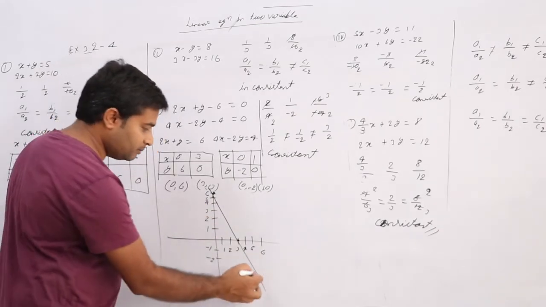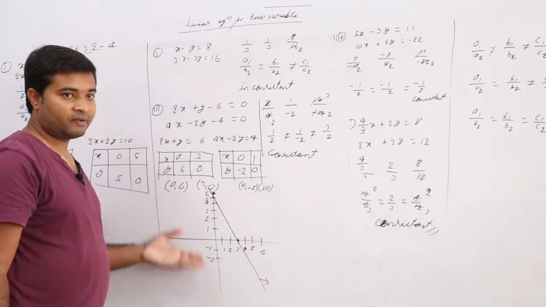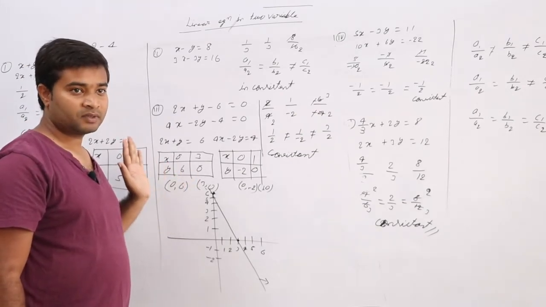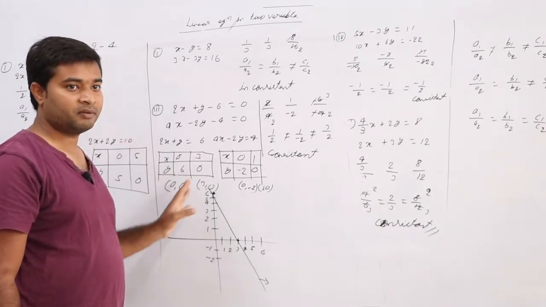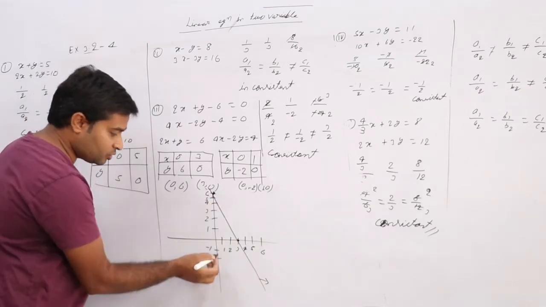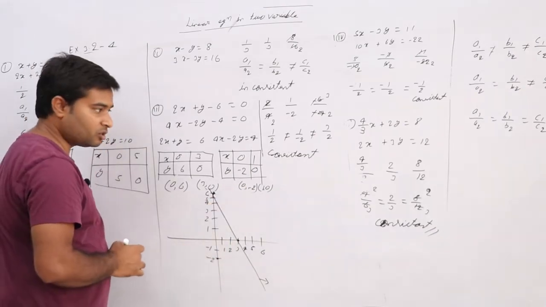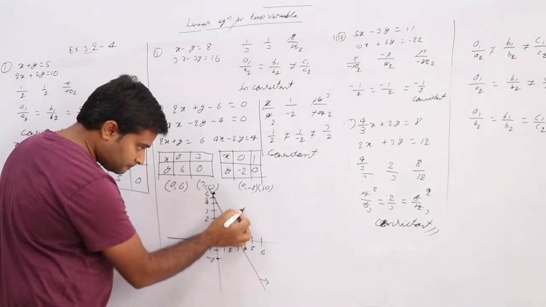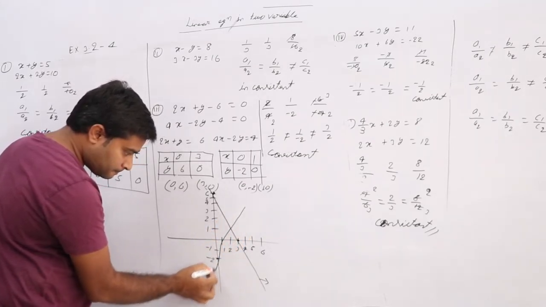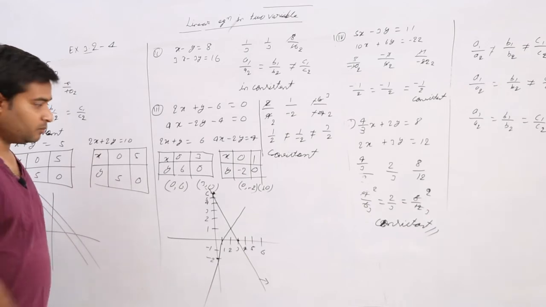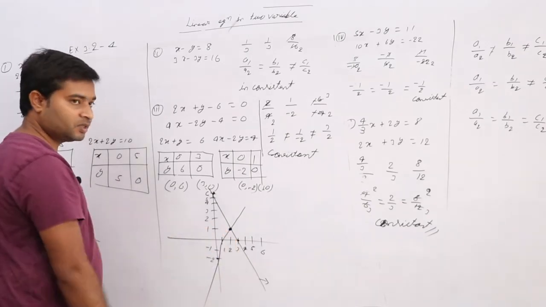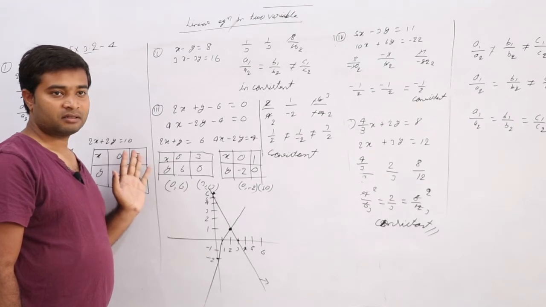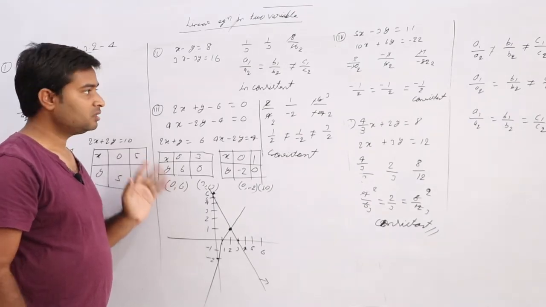True? We'll make an arrow and we'll write. I'm saying fast, I know, but this whole thing I have shown you fully, in a nice, slow way. Yes or no? So for every question I can't go at that speed only. Next, 0, minus 2. This point. Yes or no? 1, 0. This point. So it will go like this. Yes or no? So this point will be the solution for these equations. True?